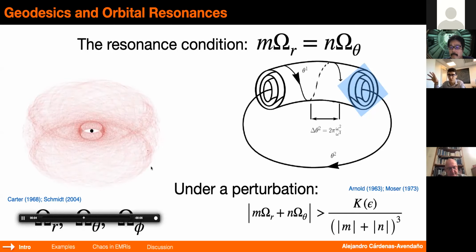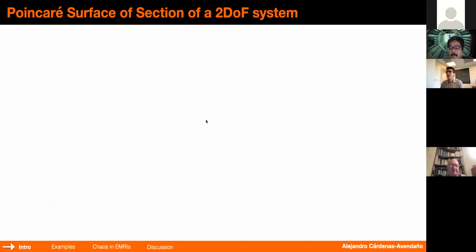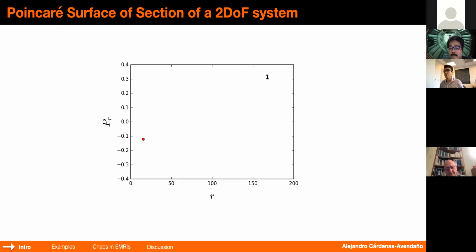And in particular, in the context of a small black hole, maybe you can see it here, falling into a supermassive black hole. Okay, so just a little bit more in detail, because we will use this technique over my talk, let's study this small black hole falling into a supermassive black hole. And then I'm going to make, if you remember, there was a cut in that tori structure, that was the blue plane. So whenever my particle crosses the equatorial plane, I'm going to record its position and its momenta, PR.